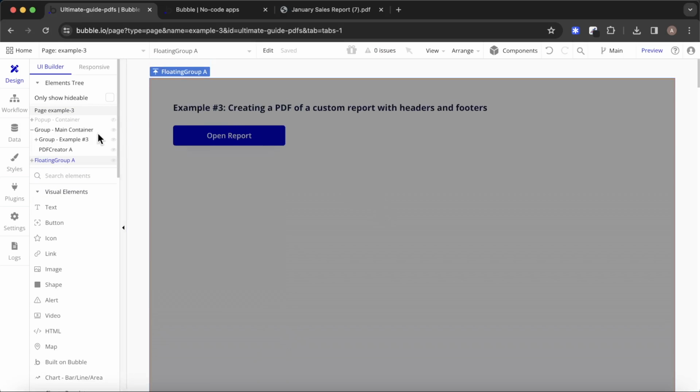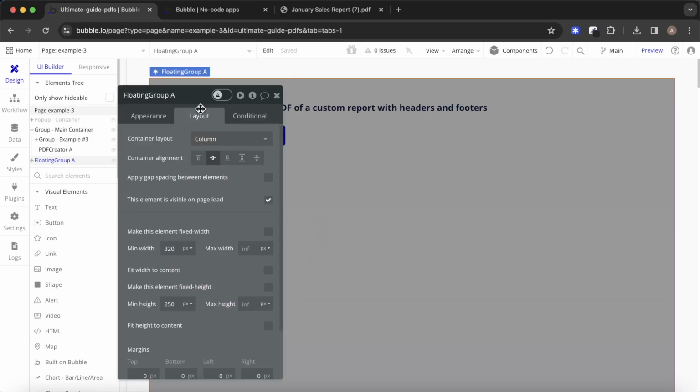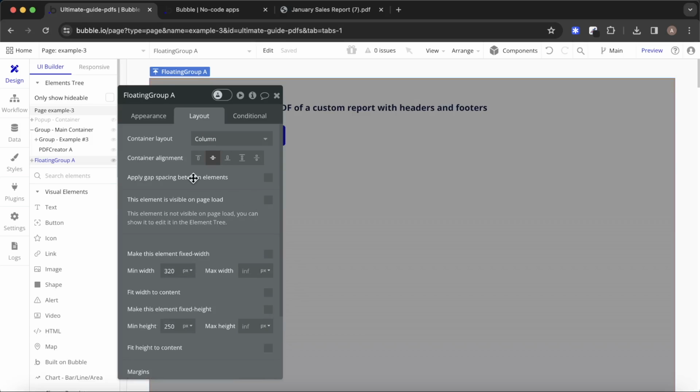And then what we're going to do is when we are generating our PDF, we're going to trigger this floating group to be seen. So what I'm actually going to do first of all is I'm going to go to this element is visible on page load for our floating group. I'm going to untick that. And then if we go back to our